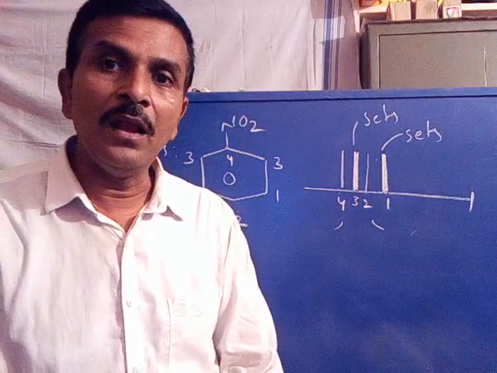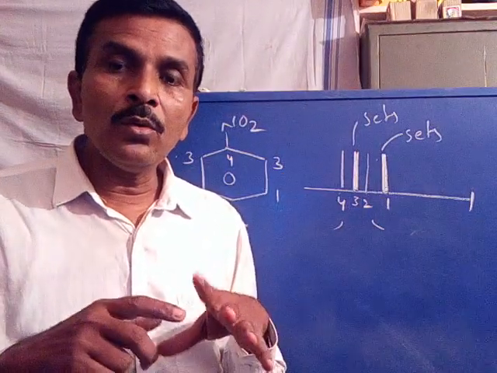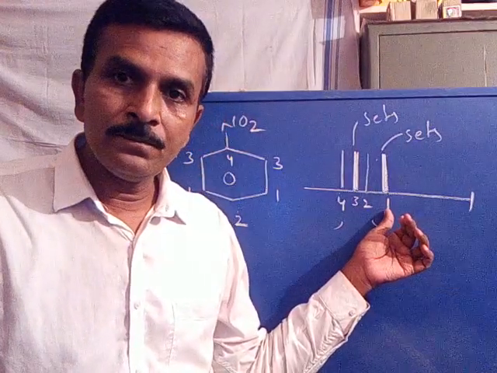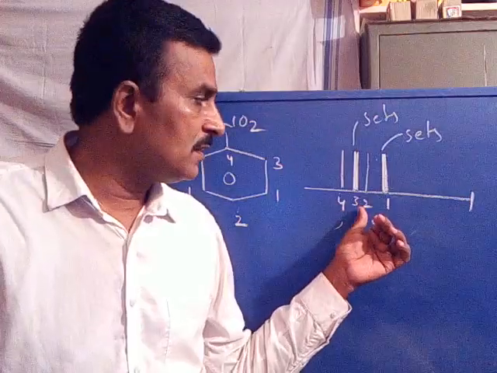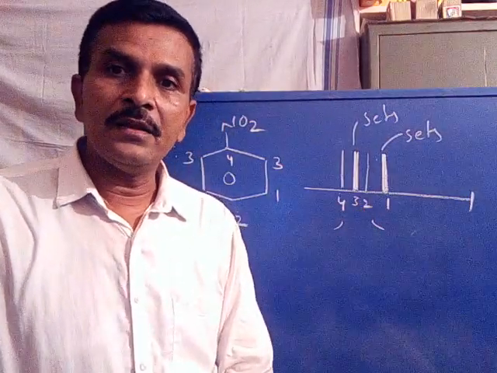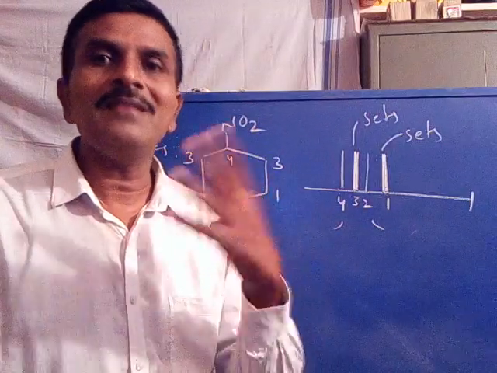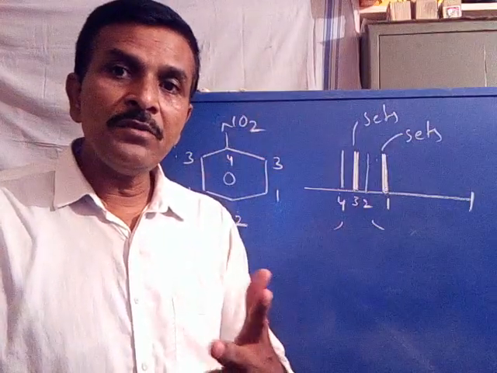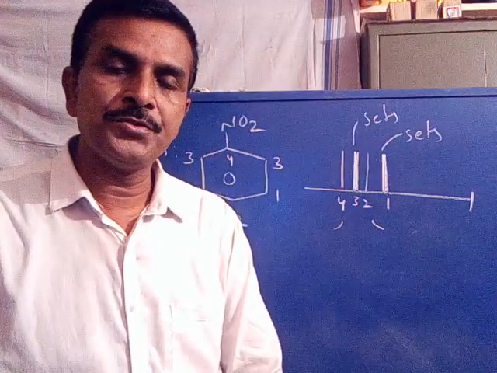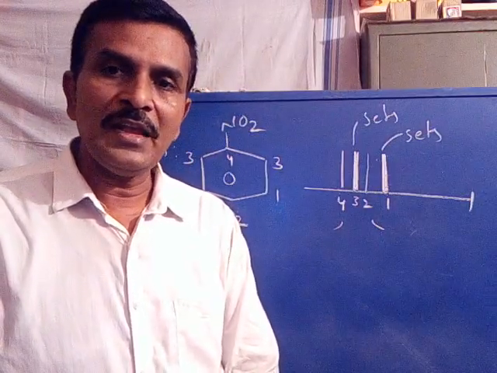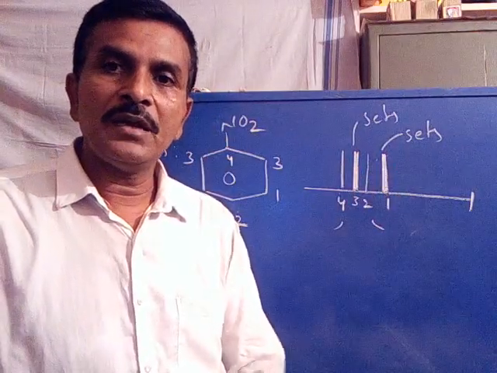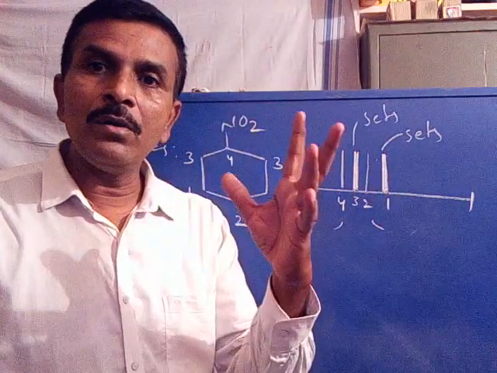You remember, still we are unable to predict. The first set contains two carbons, the third set contains two carbons, because we are unable to integrate it. We can just say it is a set. Set means it may be 2 carbons, it may be 3 carbons, it may be n number of carbons. Is it clear? So, two sets with 2 carbons, but still we are unable to identify.